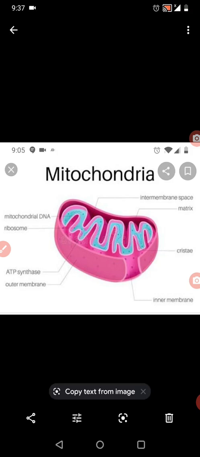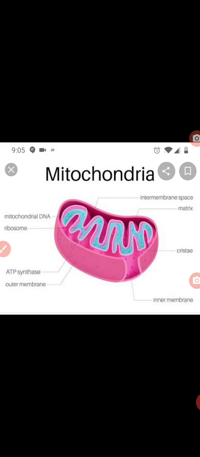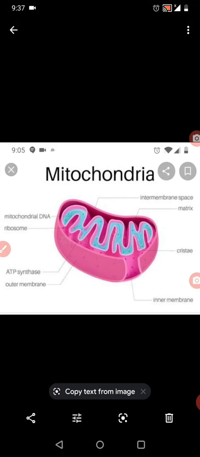What is the use of this ATP molecule? The ATP molecule is the energy which is utilized by the cell, and the cell gets charged. So ultimately we can say that mitochondria work as a battery and give energy to the cell. That's why we say that mitochondria is known as the powerhouse of the cell, children. So this is all about the mitochondria, children.